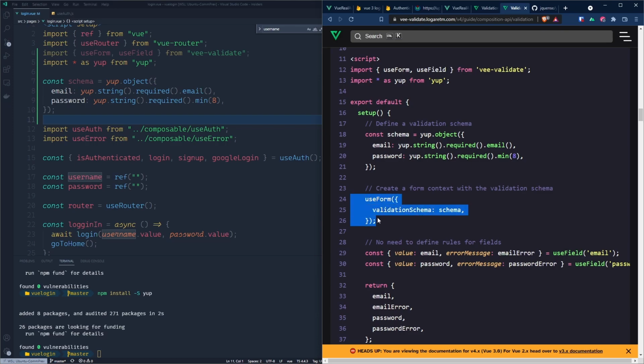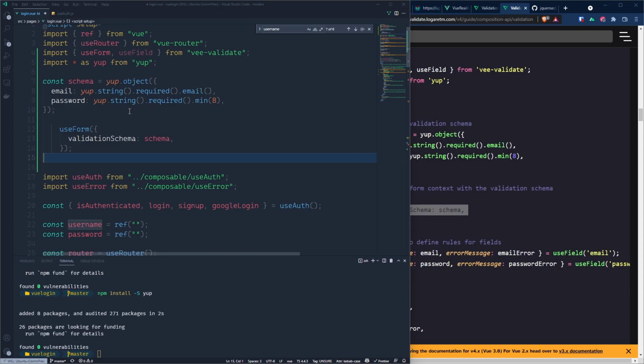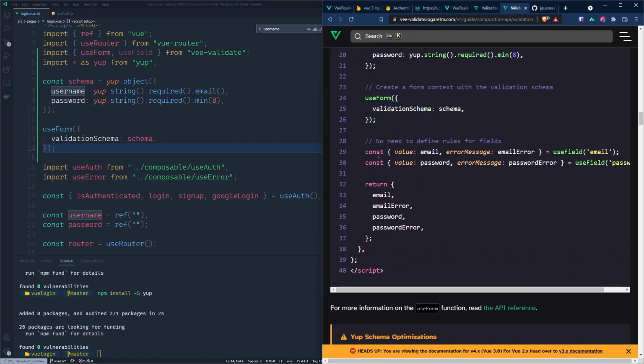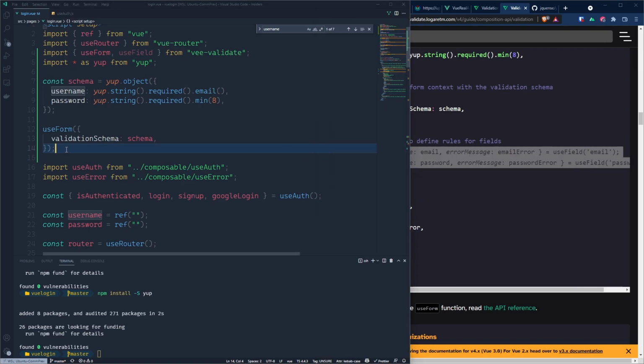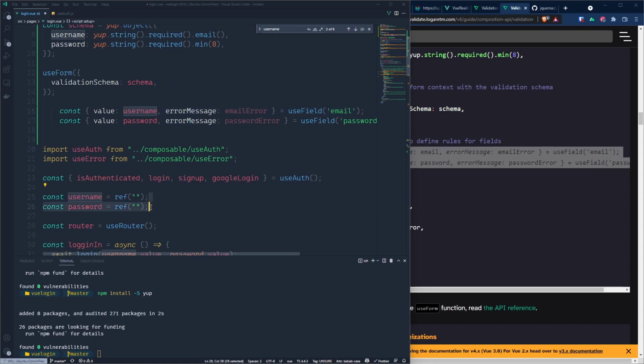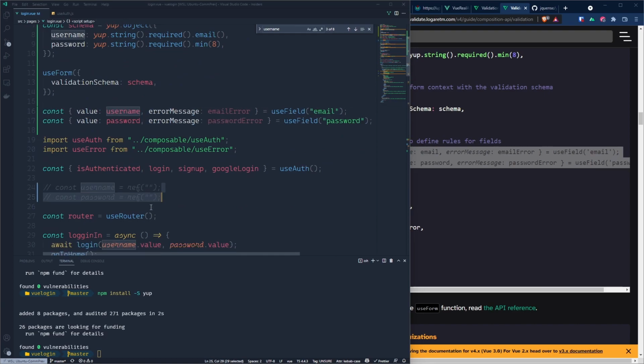And we do the useForm. We call this actually username. Now we do this to email, this actually username. And we need to remove these two. We don't need them anymore. Should be more than enough. In theory, we need to call